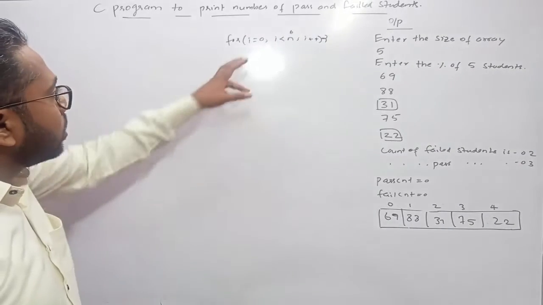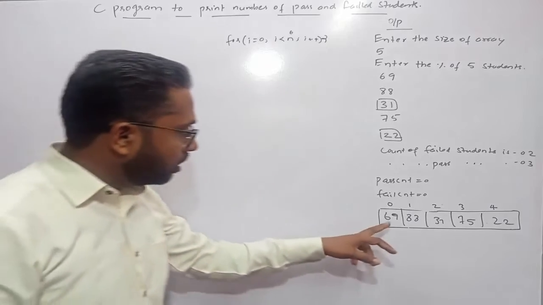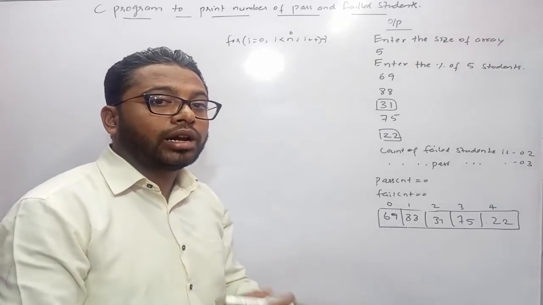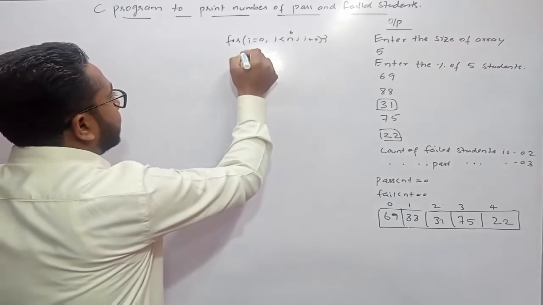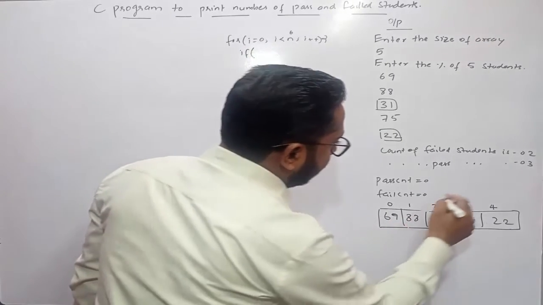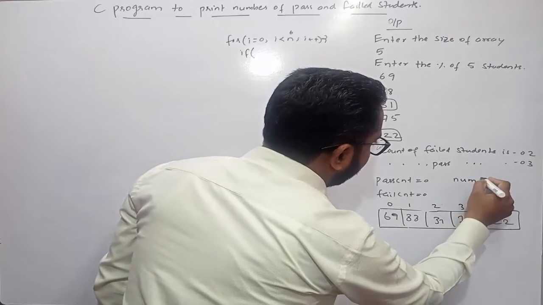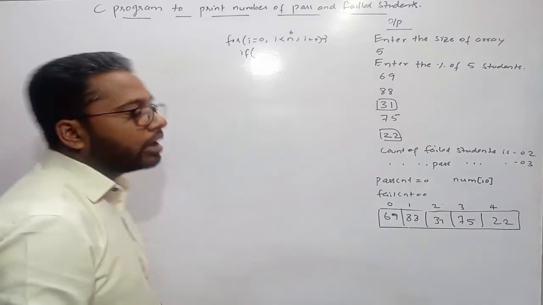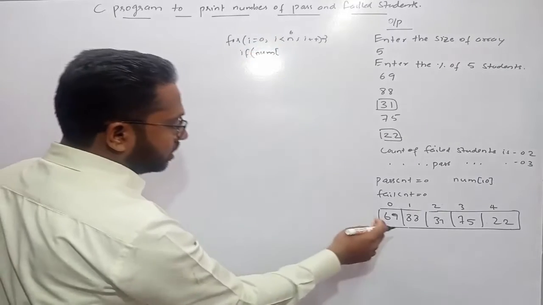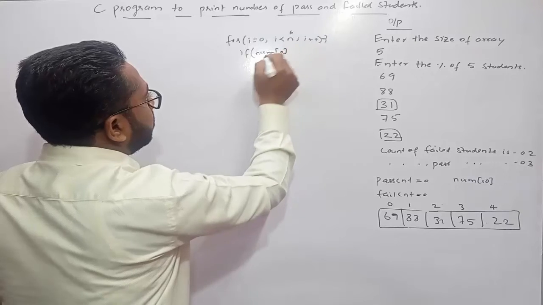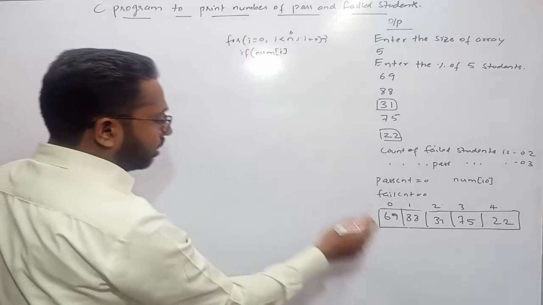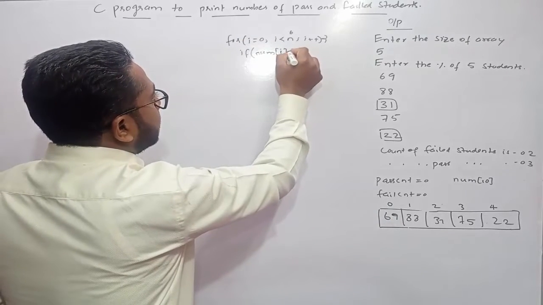Okay, now the first time when the value of i equals 0, I will be on this place. So I need to check whether this value 69 is lesser than 35 or greater than 35. Let us suppose the name of our array is num. If num of i is less than 35, that means the first value is less than